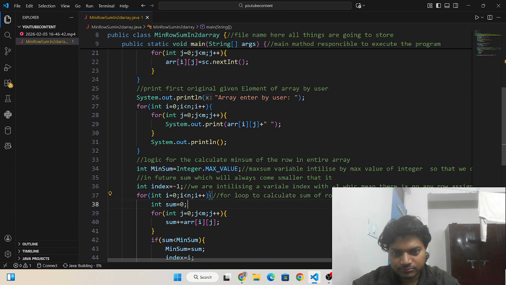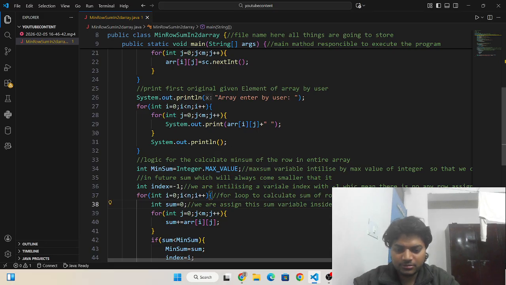Okay, and we are assigning this sum variable inside the for loop